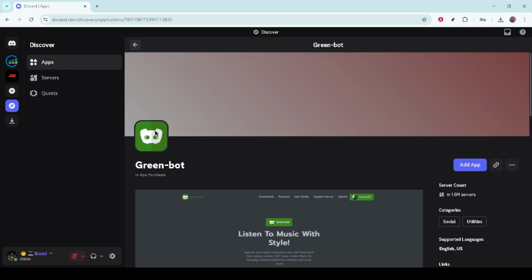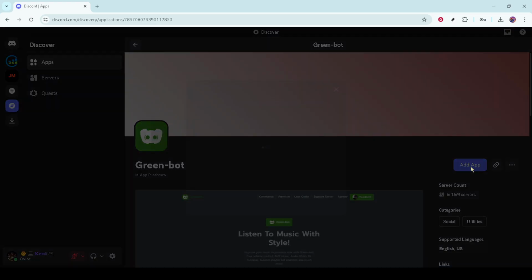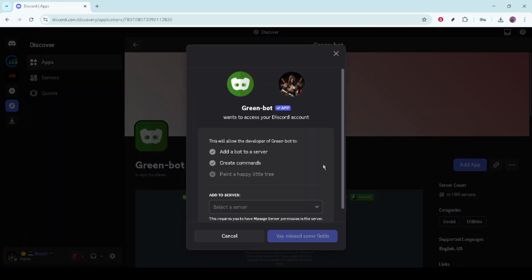You'll be taken to a page with more details about the bot. This includes its features, commands, and how it could enhance your server's experience. Now, look for the button that says Add App or something similar. Click on that, and now you'll be prompted to select the desired server where you'd like the bot to be